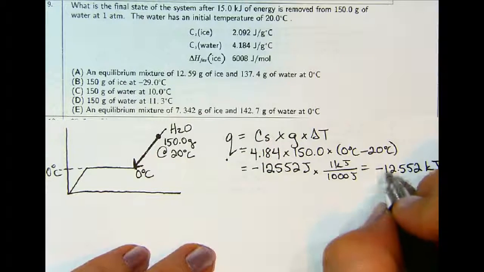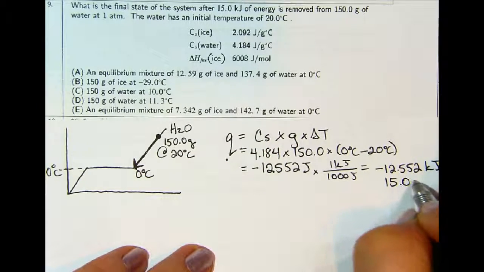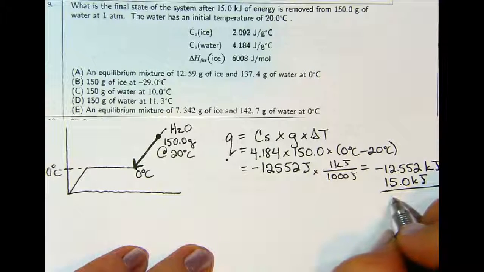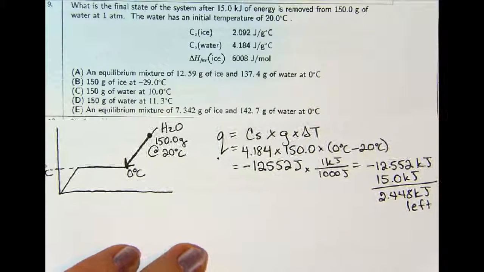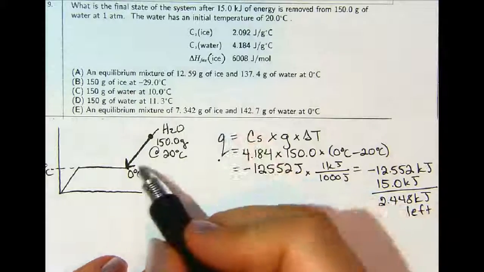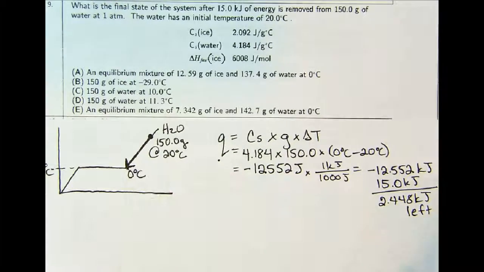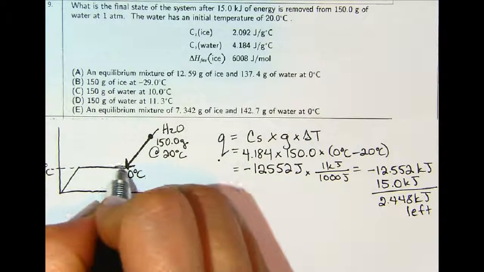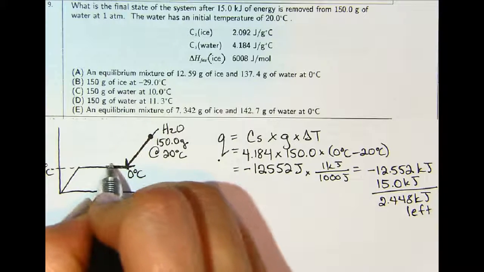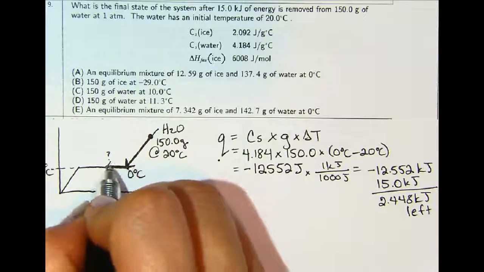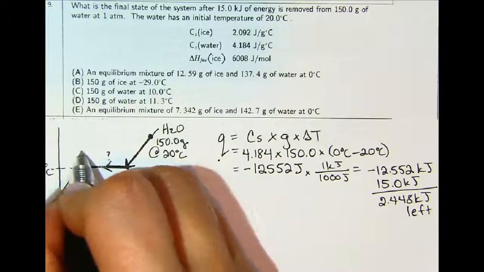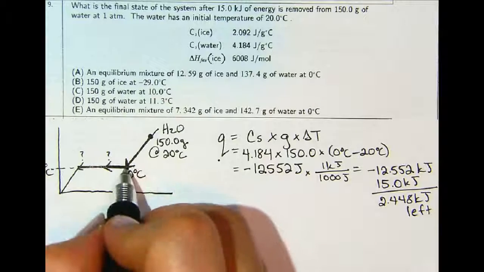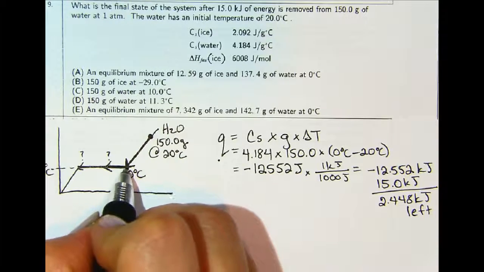So how much do I have left over of my 15.0 kilojoules? I will have 2.448 kilojoules of energy left. So it is going to get down to the point of freezing, and it's going to actually go past the point of freezing. But by how far? Is it going to just freeze some of the water, or is it going to freeze all of the water? Well, you can test and see how much energy would it take to get from this point to this